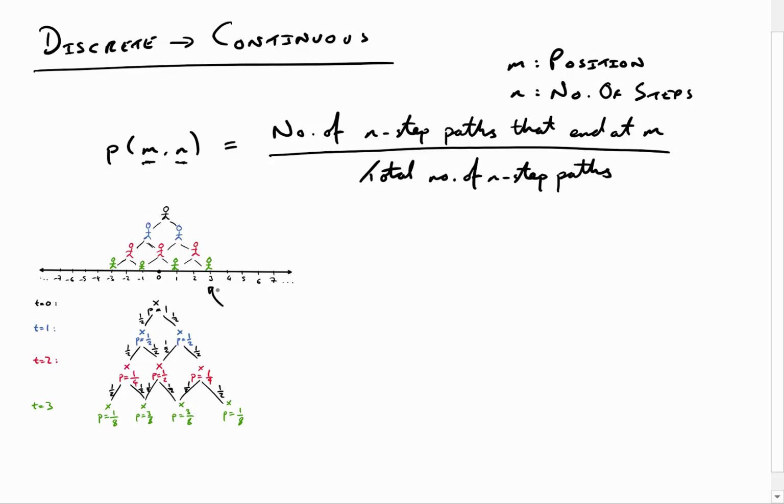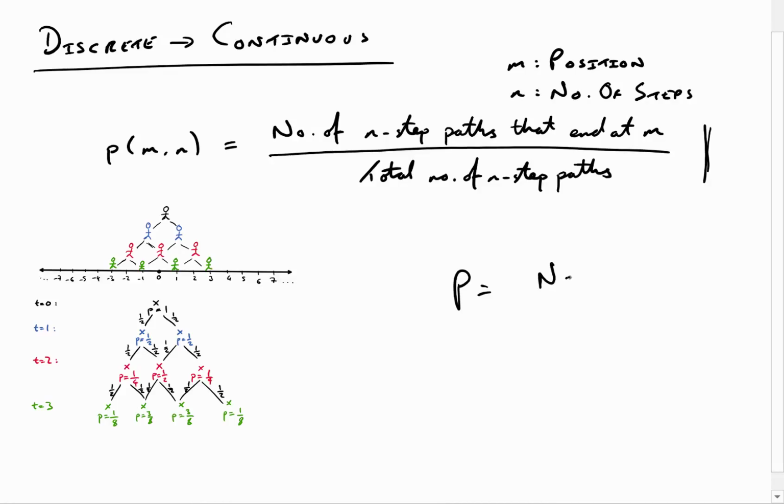So say, for example, at position 3 or position 1, okay? What is the probability that we're at a certain position, given that we've taken a certain number of steps? And that's the whole idea with what we were doing last time. And if you remember, we finished off with this thing. It was defined as, it's a bit like,